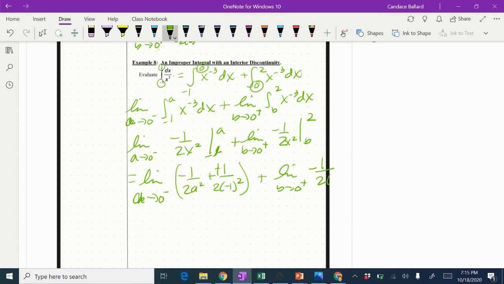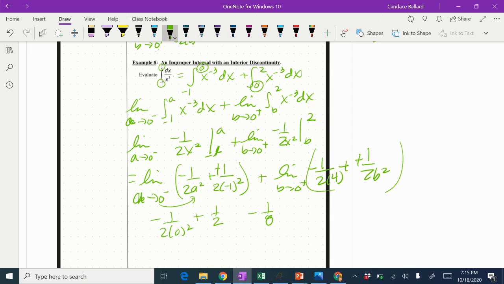times 2 squared. If I'm going to square that 2, I get 4. Minus -1 over 2b squared. That's going to go positive. All right, let's see if we can substitute in just a little bit more. So we're going to plug our 0 in, which means we've got -1 over 2 times 0 squared. This here is just plus 1/2. And then from here, I get